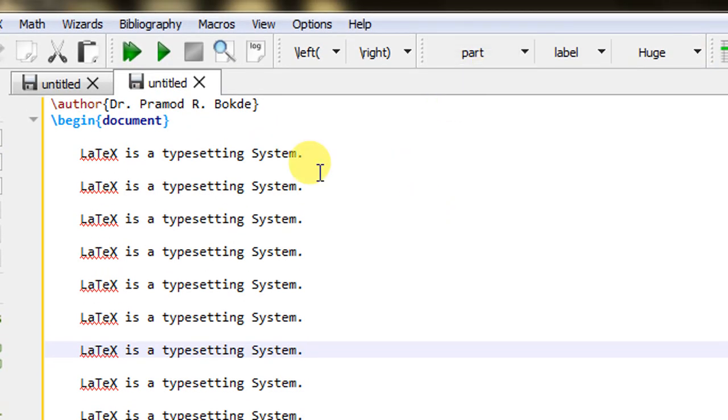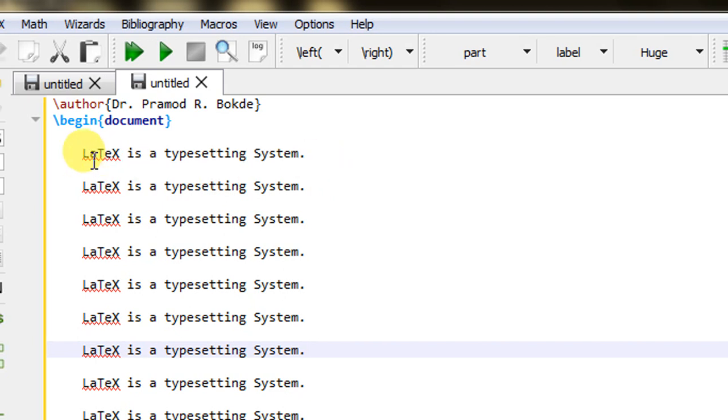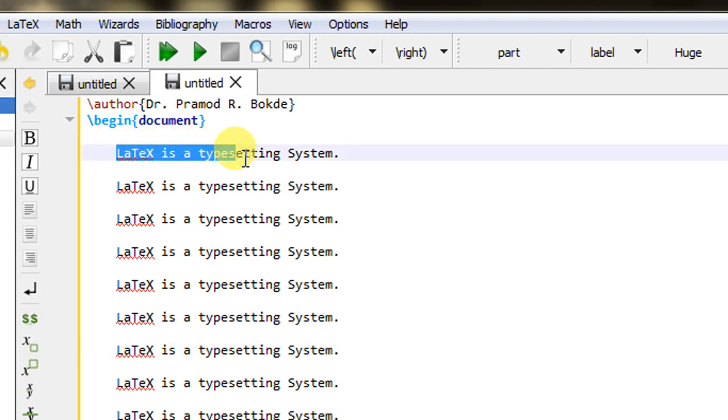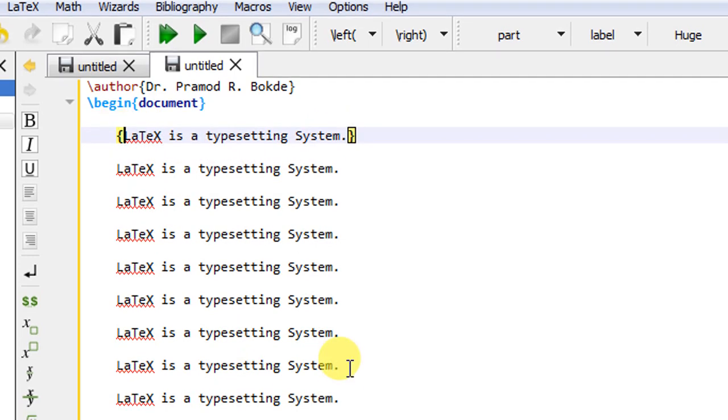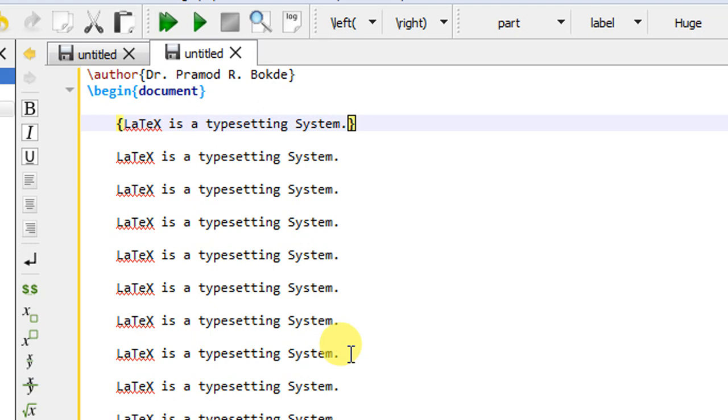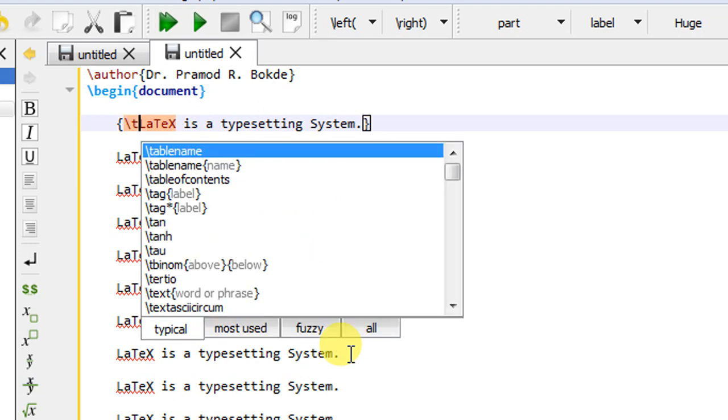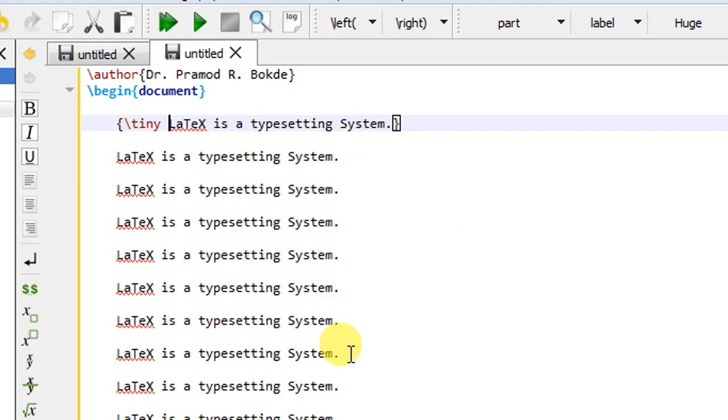If I want to produce a tiny, very small font size, I will select this sentence and apply curly braces. I have the text inside the curly braces, and I will apply the command \tiny and give a space.